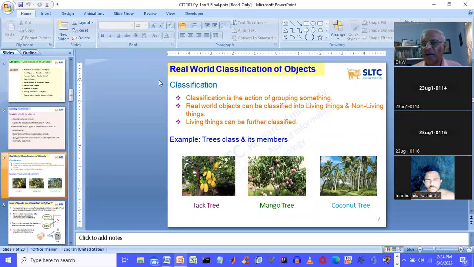When you have a group, you will find there are common properties that the group is having. So it's easy to handle. As I told you, if you find an unknown animal, but you have experience with the common properties of an animal, at a glance you will be scared, because an animal might attack you because they are cruel. So that is the property, right? Once you classify things, it's easy to handle them, because from the day that we are born, we are interacting with real world things.